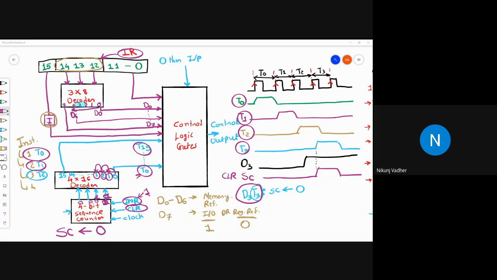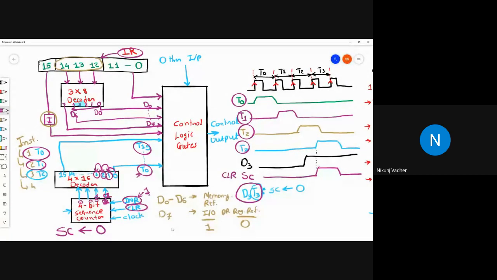So next topic or next part from this unit is the instruction cycle. Let's try to discuss the instruction cycle.